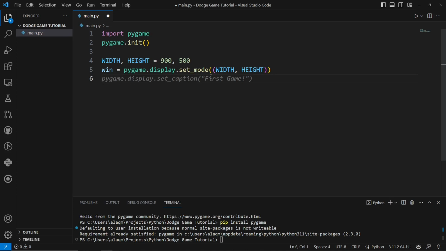Then we need to set a caption. So pygame.display. I mean, you don't need to set a caption, but if you want to set a caption, I'm just gonna call it dodge game, I guess. I don't really know what to call it. Once you have that done, I believe we need to